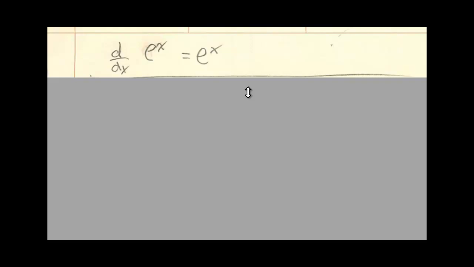So the fact is that the derivative of e to the x is in fact itself. It is e to the x. That's the one function whose derivative function is exactly the same as the function itself. So you can just accept that